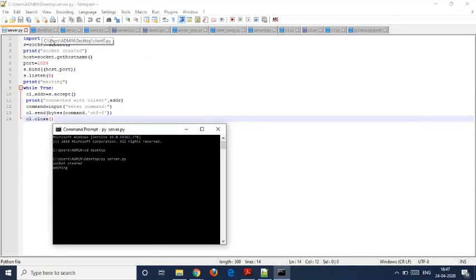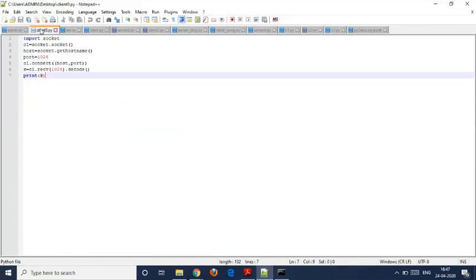Next, we'll write the program for the client. In the case of client, we'll again import socket. We have made an object cl equals to socket.socket. This is the same variable which we have used in the server program. Host is equal to socket.gethostname function. We are using it for getting the host. Same port, same host we have to give in the client also. Now in case of client, we will use the connect function for host and port number. In case of server, we were using the bind function, but in case of client, we will use the connect function.